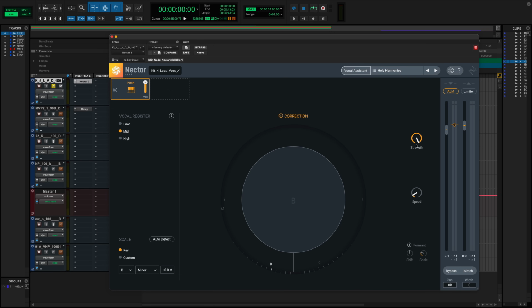Now over here, the strength is like how intensely it's going to be correcting the incoming audio according to the scale that we've set out. Now, when I bring this slider all the way to 0, it's going to give us a more natural pitch correction. If I bring it all the way to 100, it's going to give us very snappy pitch correction. And what we're going to lose is a little bit of the natural vibrato, but it's also going to introduce an effect that I think a lot of people are going for. So I'll move between 0 and 100% strength so you can hear the difference.